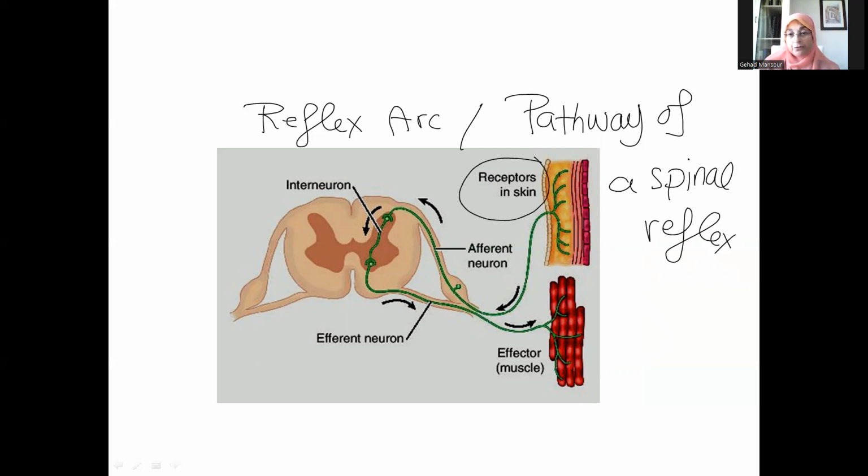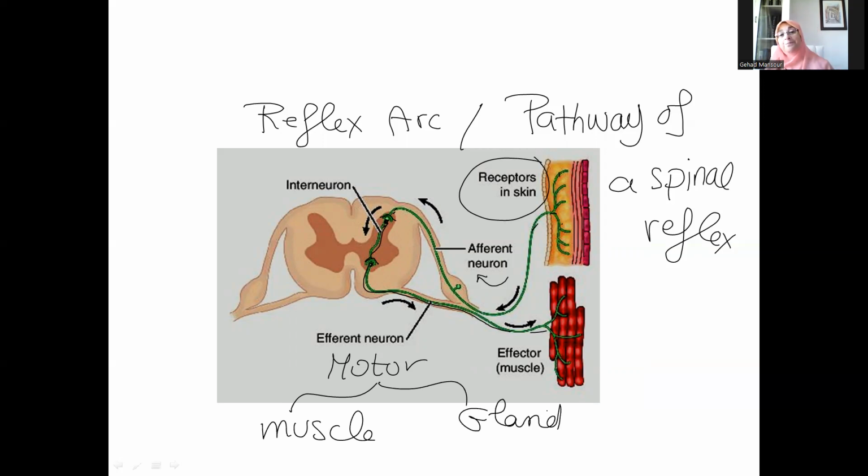ادي ال modified nerve endings of a sensory neuron وبعدين afferent neuron that carries the information to the spinal cord وبعدين في synapse هنا relay between two neurons another synapse وبعدين efferent neuron وعادة ال efferent neuron ده بيكون motor وmotor هنا مقصود بيها إن هو يا إما هيدي impulse to a muscle to contract يا إما هيدي impulse to a gland to secrete. Okay, this is the pathway of a spinal reflex, and of course you know that it